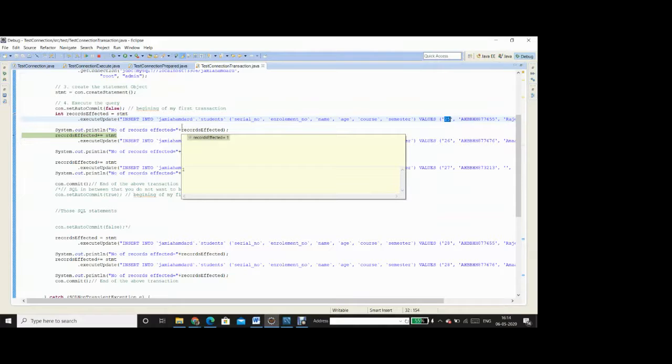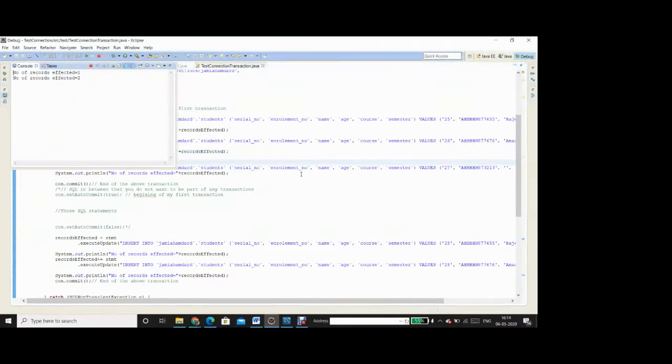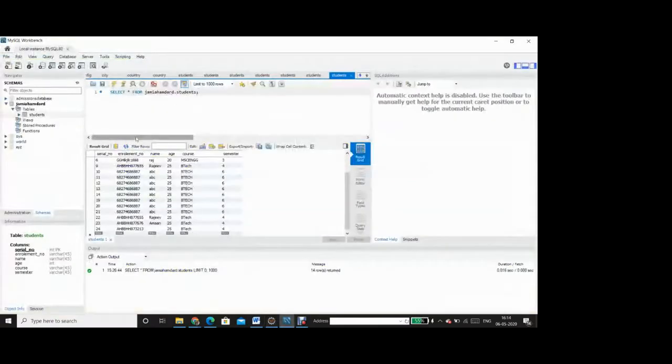So when I press Fn plus F6, you see the second statement execution, inserting the value with serial number 26. And because I am printing on the console, it will say the number of records affected is 2. But in the database, this record is also not inserted. You can see only 24 is there.